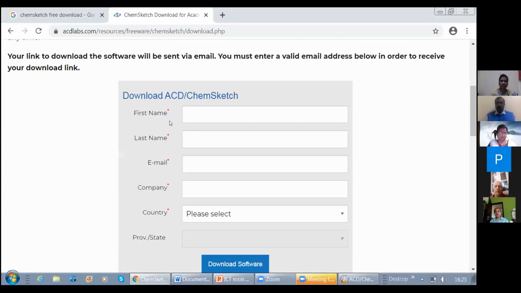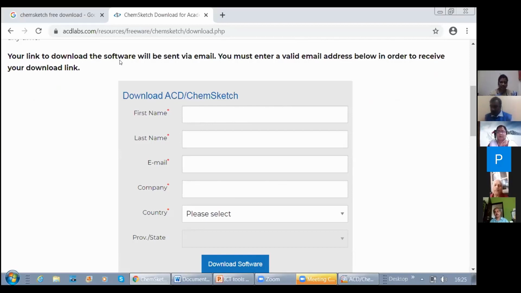You can give the details: your name, email ID, and where you're working, all these things. You can fill this and click download software. On clicking, you will get a link to your registered email ID to download the software. When you click on the link, it will automatically get downloaded and you can use it offline.